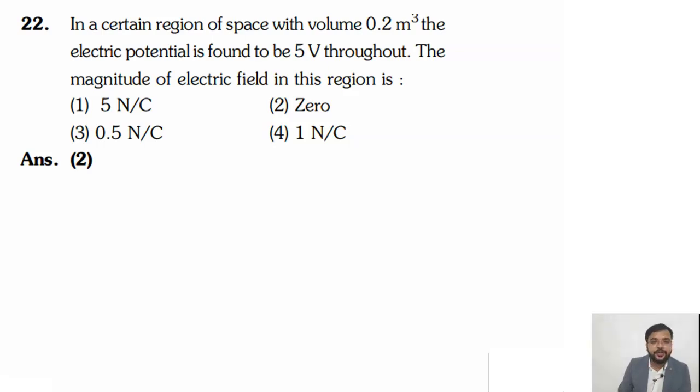We know that the relation between electric potential and electric field is, I am writing the formula here, E equals minus del V by del r. This del V is the change in potential. And in the question, the electric potential is constant throughout, 5 volt. So this voltage is not changing. If I put the 5 here, the differentiation of a constant is 0. That's why the electric field will be 0 over here. So the second answer is correct. Let's see the next question.